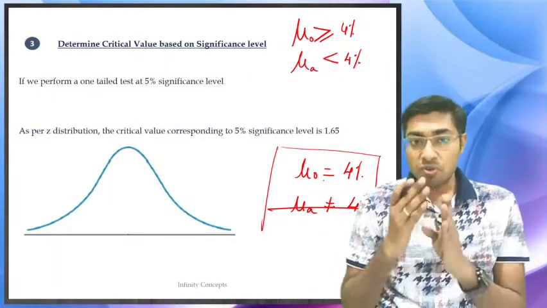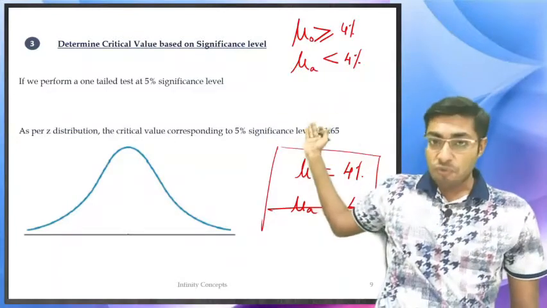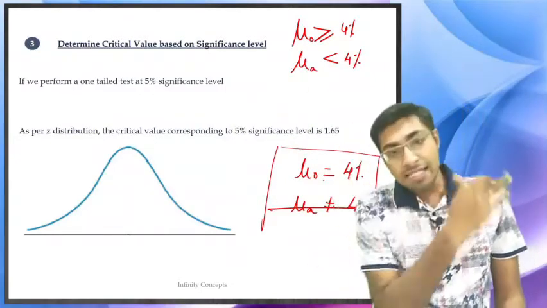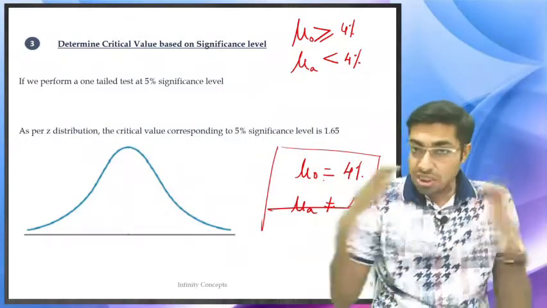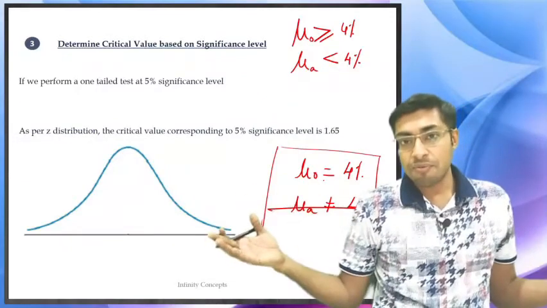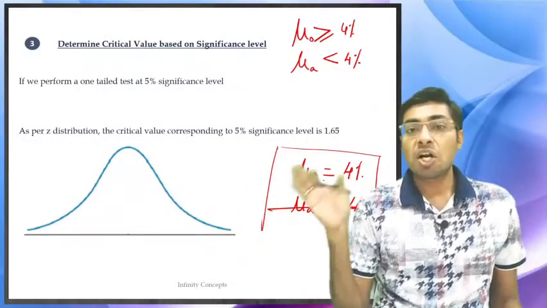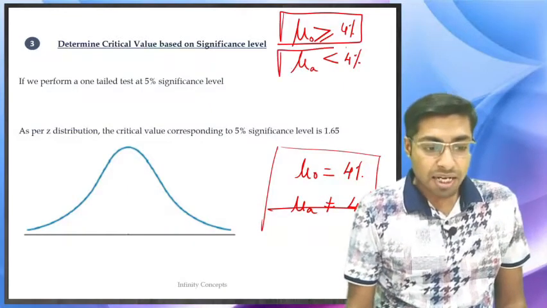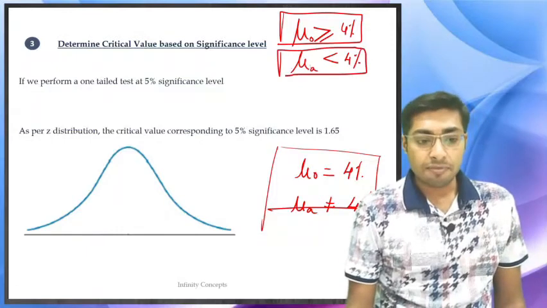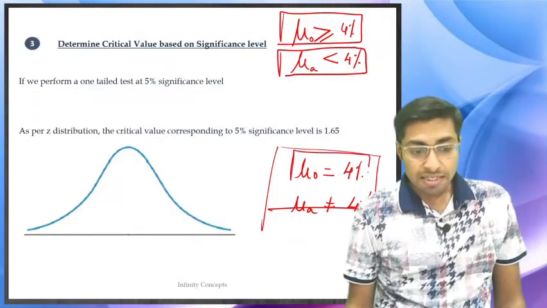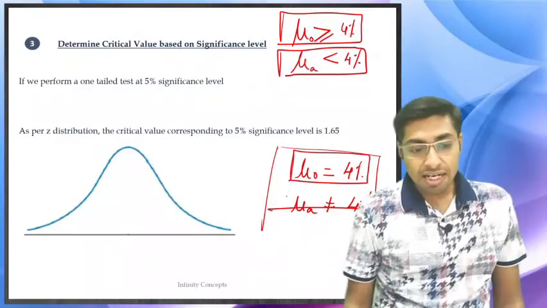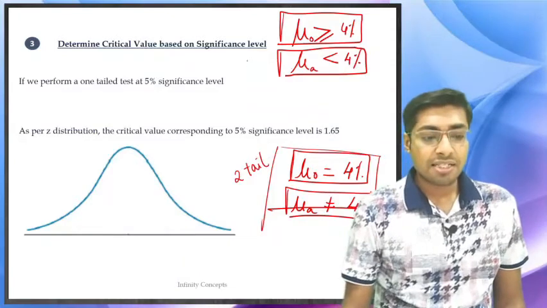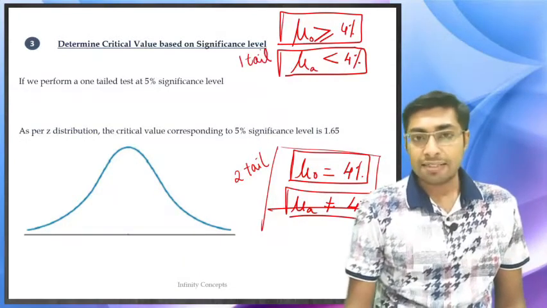Why a two-tailed test? Because over here your null is 4%, and if there is something more than 4% and less than 4% also, on both sides of your null there is an alternative, then at that point you will be using a two-tailed test. Over here there is null on only one side and alternative on the other side, whereas over here there is null and on both sides of the null there is the alternative hypothesis, and therefore this you will be doing a two-tailed test, and this a one-tailed test.